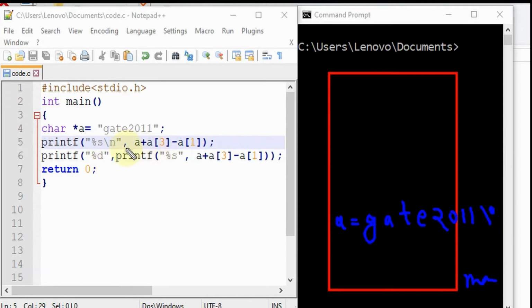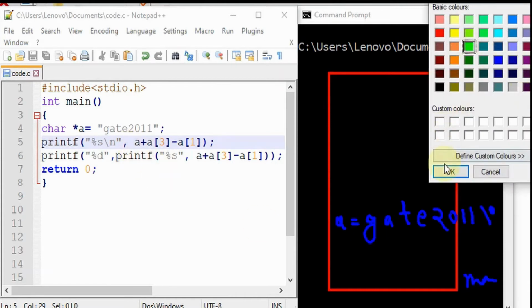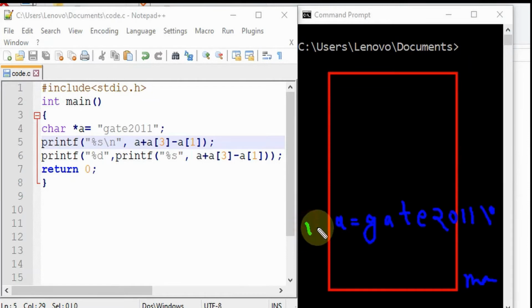What will be happening? Assume that our starting address is 100. So 100 will be stored in a, and actually 100 is the address where G is stored. So G is stored at 100, so that is the address of a character array, which is also called a string.